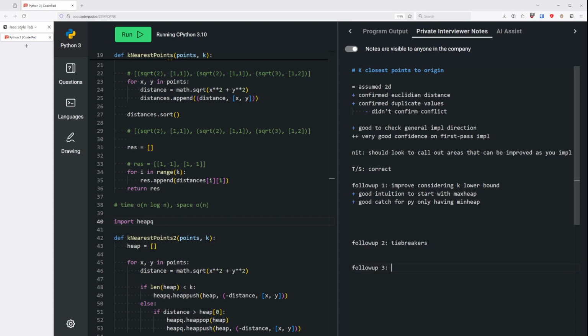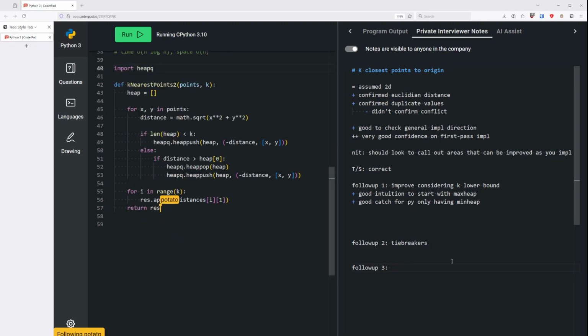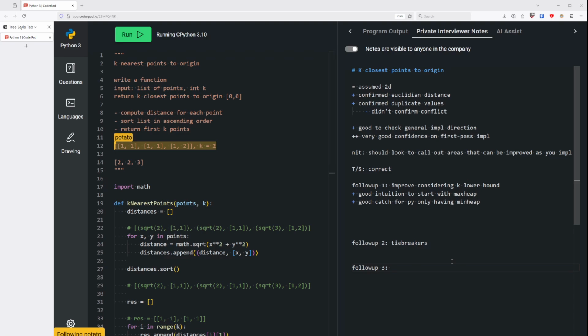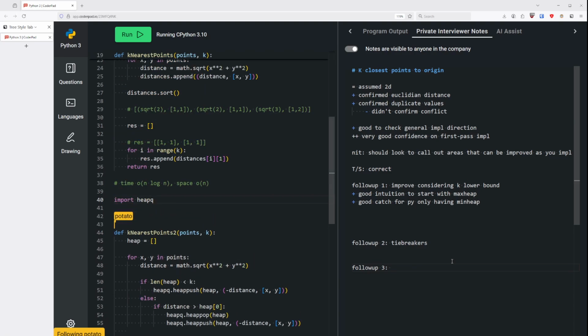Okay. And then I think I can just use the same logic for extracting the points into a list. Yeah. Wait, actually, it'll be like, well, let me go through this to see if this makes sense. So if we use the same example,